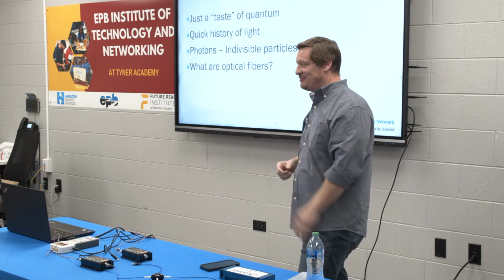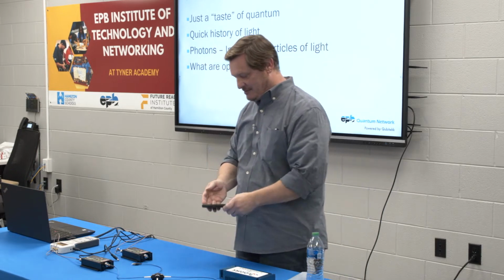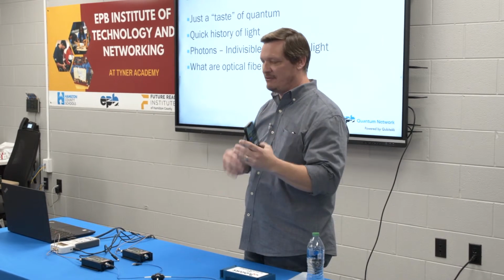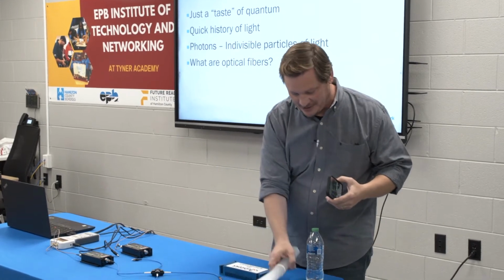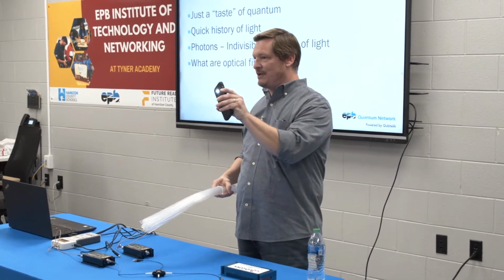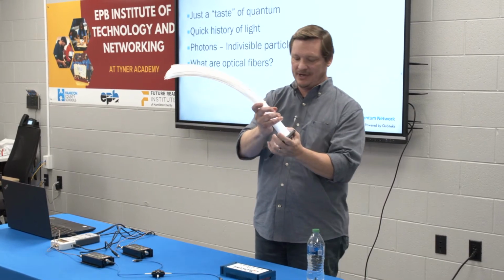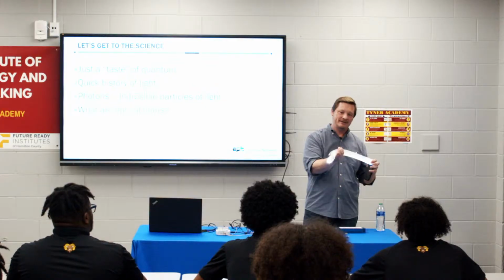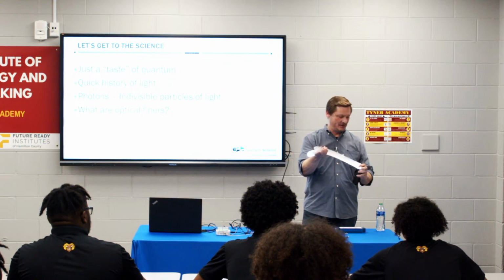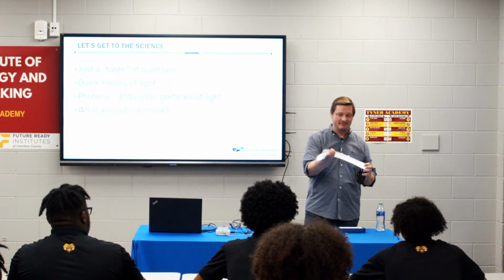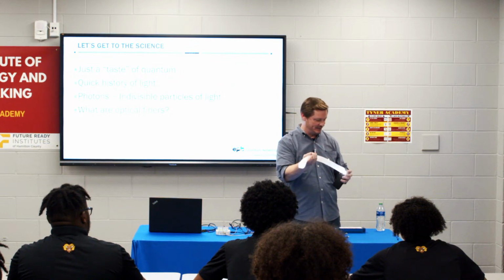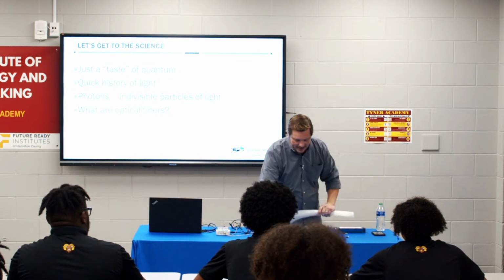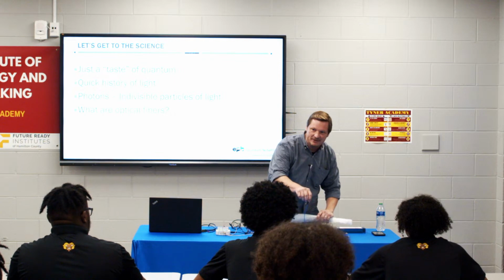Well, we're going to test that a little bit, and we're going to measure them. But if I turn my phone on and use my flashlight, you all see the photons coming out. They're all different colors inside this white light source. But I can transmit these photons through the air, or I can actually transmit them through a material, right? I guess you have probably seen optical fibers before, and light goes in one end of this optical pipe and comes out the other side. These are really big fibers, so we can see them a little more easily, but they make them in very small fibers as well. And on the table here, I have some smaller fibers. Everybody see that there in the back?